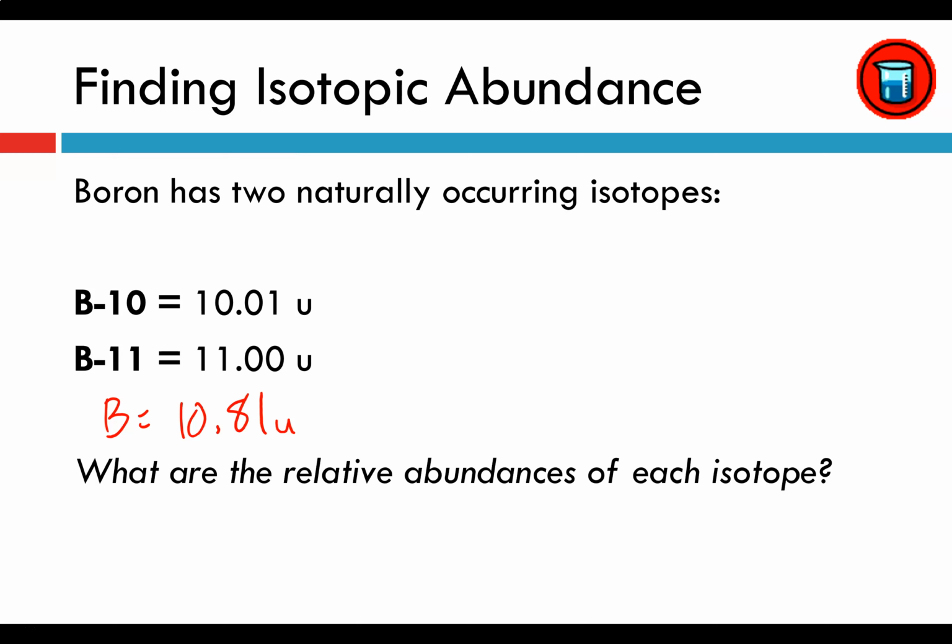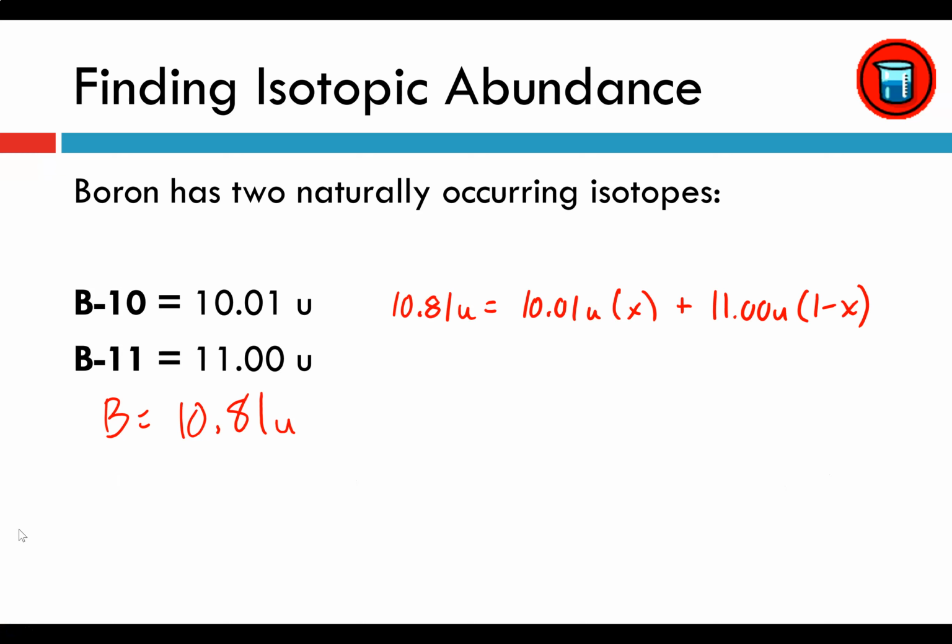Pause the video, see if you can figure this one out. I will give you a hint that it really just takes some algebra, and it is math that you are more than capable of doing. So pause it, we'll come back and walk through your work together. Okay, I kind of jumped ahead and I started writing some stuff out. To solve a question like this, I need to take the average atomic mass and set it equal to the mass times the isotopic abundance of one of the isotopes,